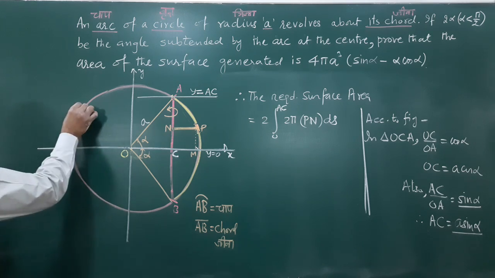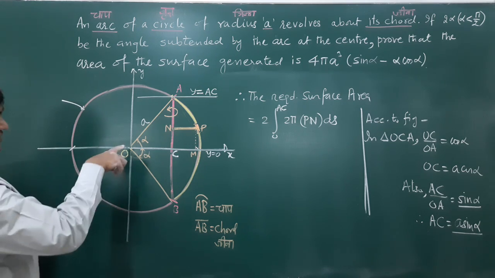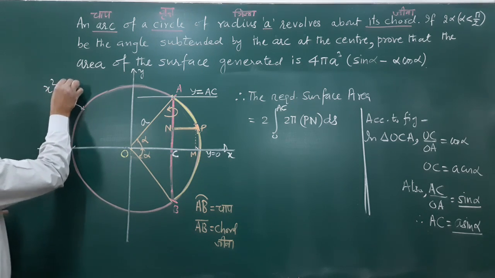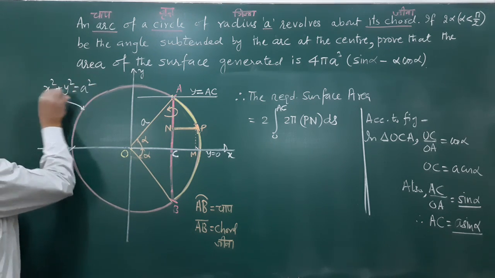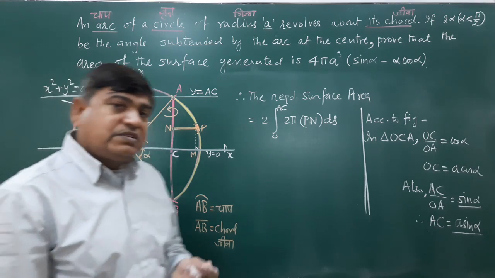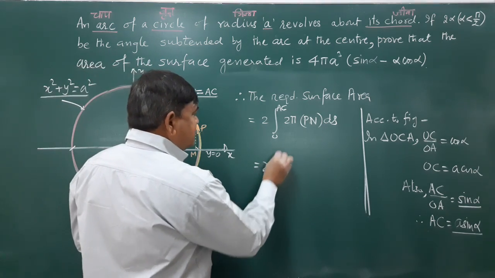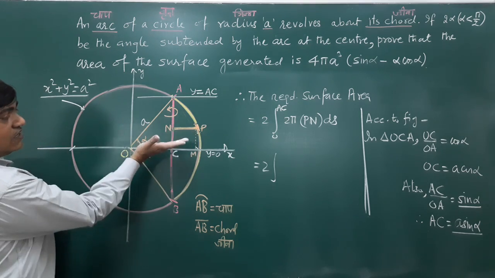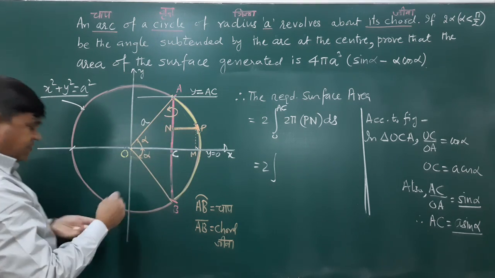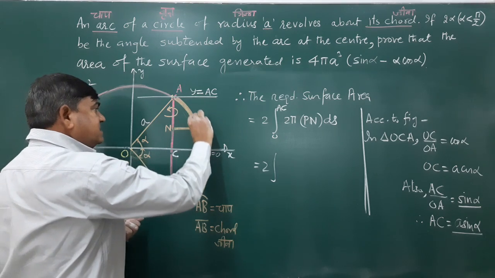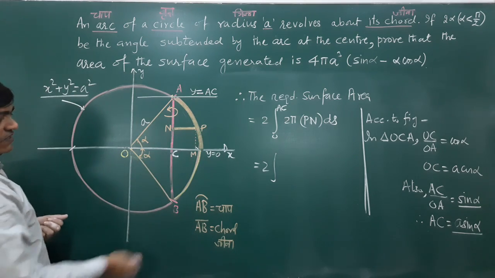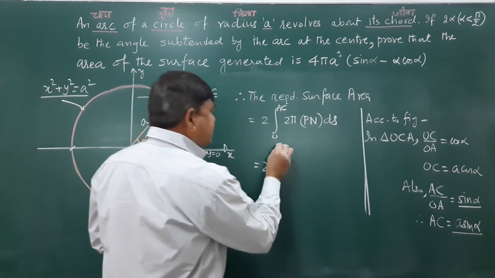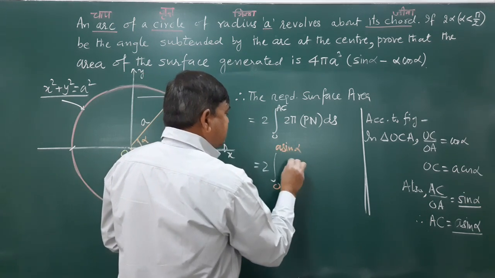Okay. The radius of the circle is a and the center is the origin, so its equation, you know, is the standard equation x square plus y square equals a square. Now this is 2 times, double, keep this in mind: the circle is above the x axis as well as below the x axis. So we will consider this part. Here it is. So it is 2 times 0 to... What is AC? AC is a sin alpha. This is 2 pi